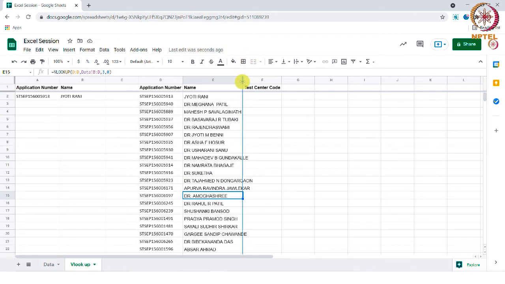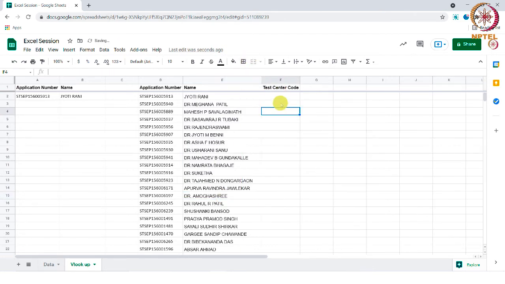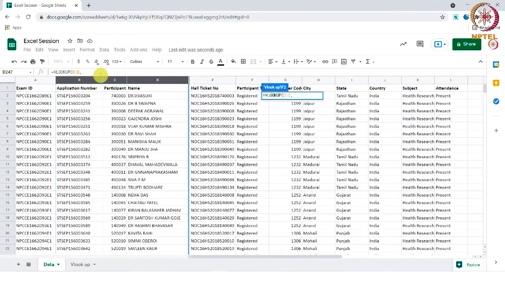Similarly, let's do it for test center code. Select the lookup value, enter comma. Next, go to the main sheet and select where Excel needs to look up for a value, that is from application number, and then select till the center code.